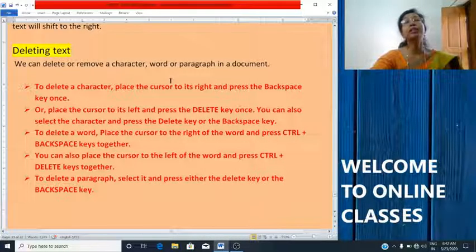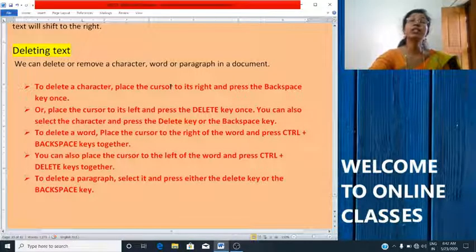To delete a single character, place the cursor to its right and press the backspace key. For deleting text, you can use either the delete key or the backspace key.